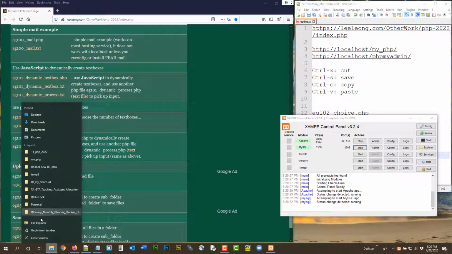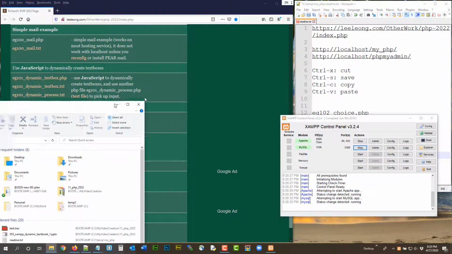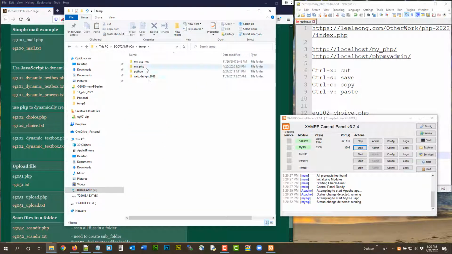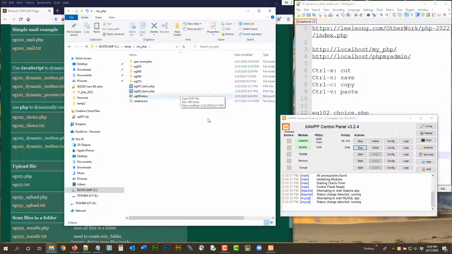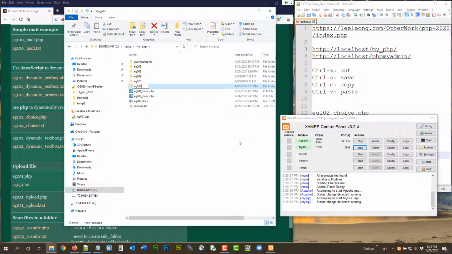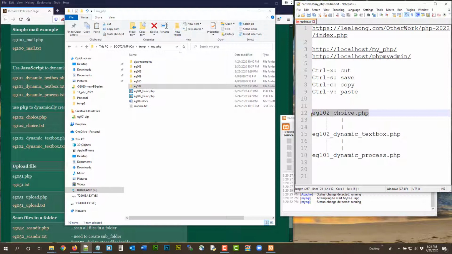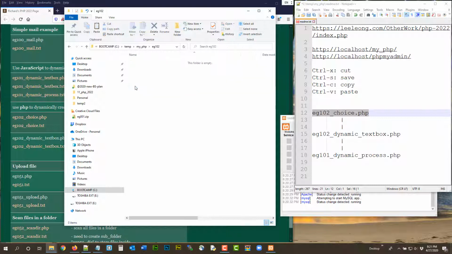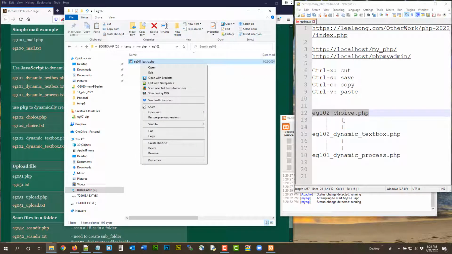So let us start our File Explorer. Go to your ctemp, myPHP, and we are doing EG102. So that's a good idea to just create a new folder called EG102. Okay, and we're going to put the files there. And to create the first file, we are not going to create everything from scratch. We are going to copy one of our old files. We're going to copy our EG001 basic, right click copy, come over EG102, right click paste, and then rename this file to